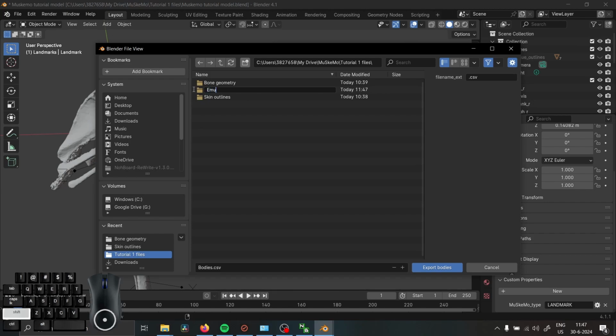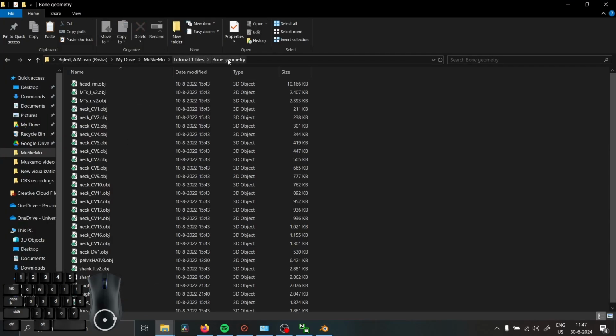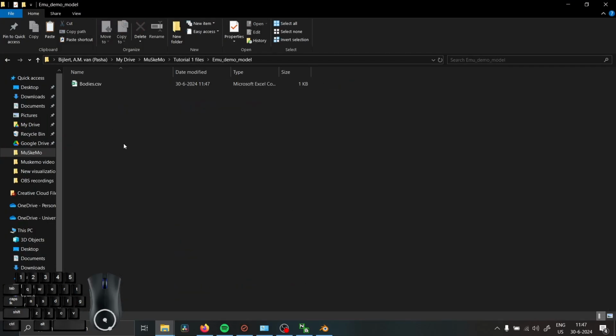emu demo model, and then all of my data will get exported to this folder unless I change it. Now, as you can see here, it immediately selects your export as a CSV file. So if we export it, we now have, sorry, that's the incorrect folder. We have a